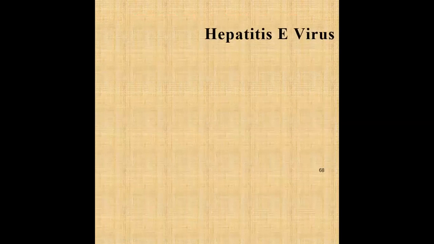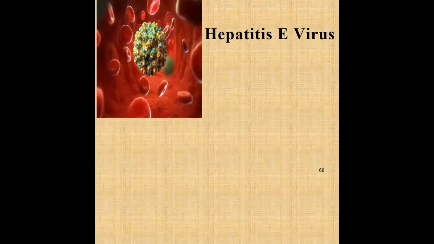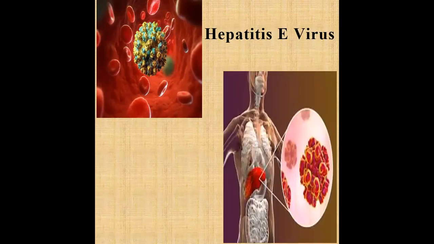Hepatitis E virus is curable, but when it enters, the structure of the virus is just like this. Here you can observe the RBCs running, and along with this, the hepatitis E structure is also transferred. It mostly affects the liver, but only cirrhosis of the liver is found, not a severe infection, and this is a curable one.